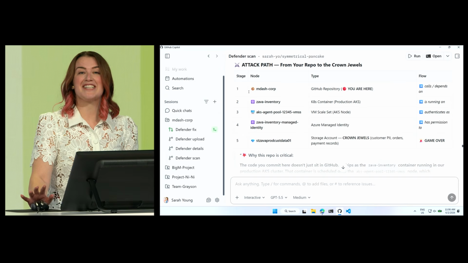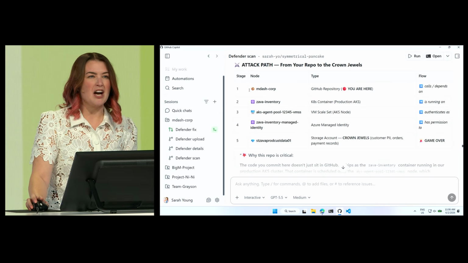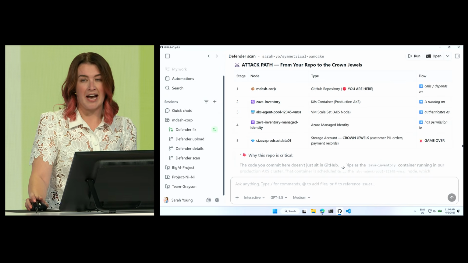Thanks, Satya. Now, we all know that security scans can take a while, so I'm not going to do one live. So let me show you the results of an MDASH scan I already ran on my code base. Now, the system runs as a standalone CLI, but today I'm using it in my GitHub Copilot app on my